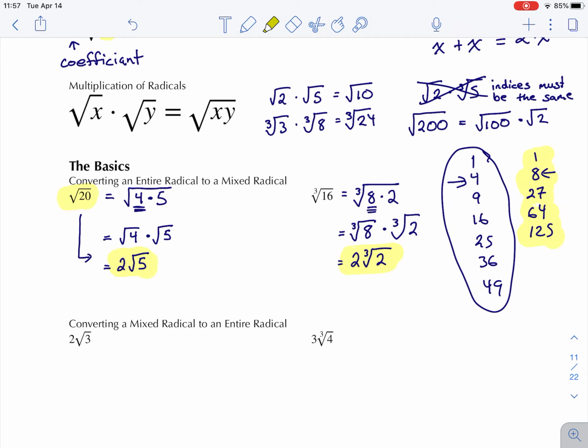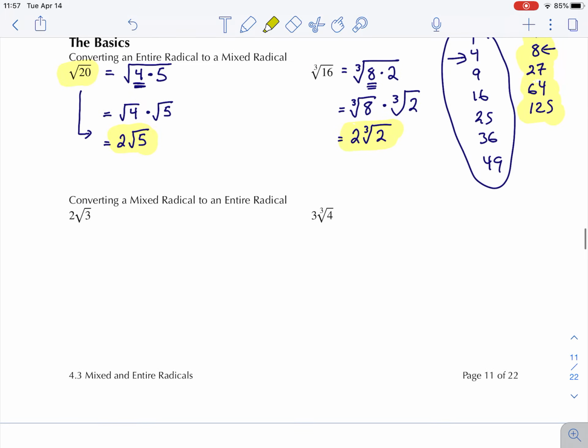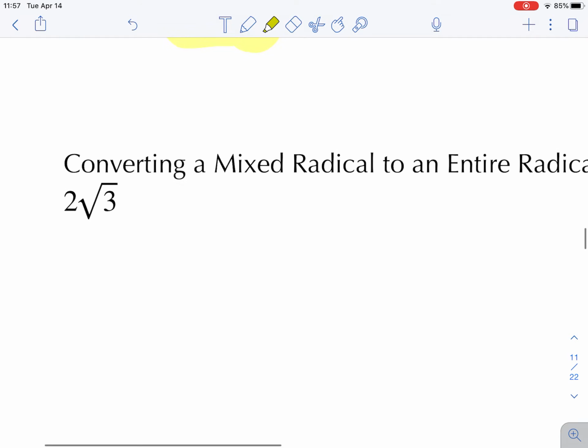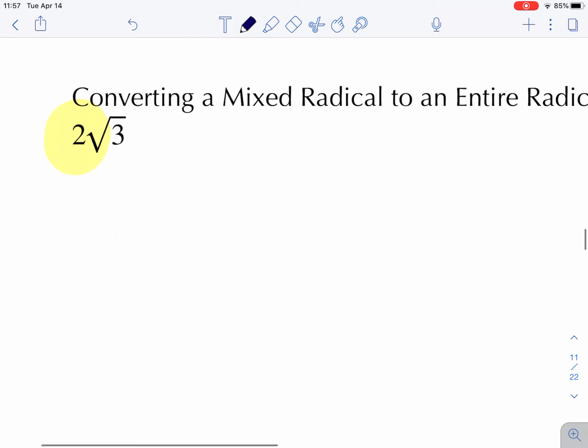Now remember, I've told you in math, when you learn how to do a process in one direction, you always have to learn how to do it going backwards, going the other way. So we're going to convert these mixed radicals into entire radicals. Now the first thing that we need to note here is about the 2. I just want to note on the side,